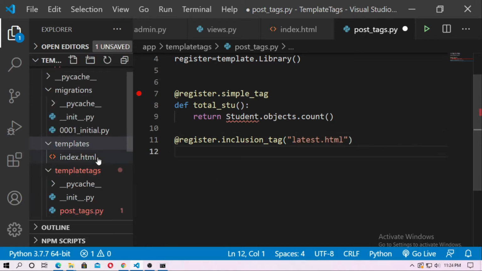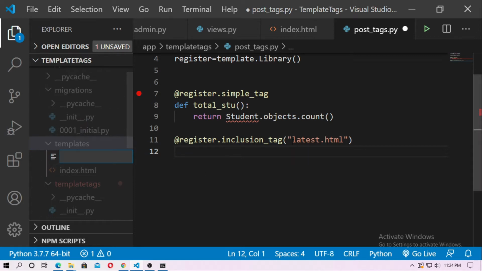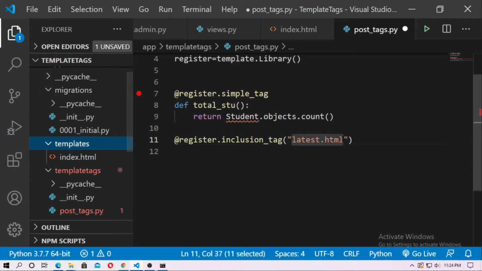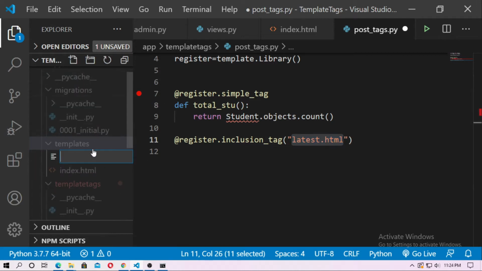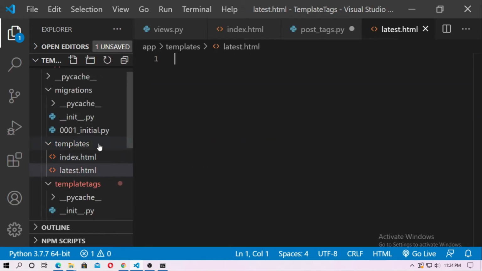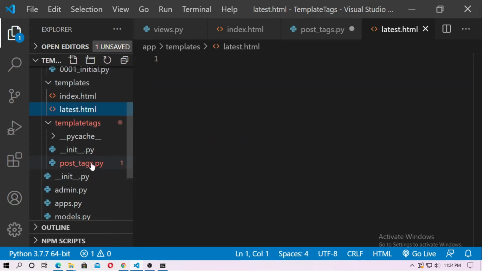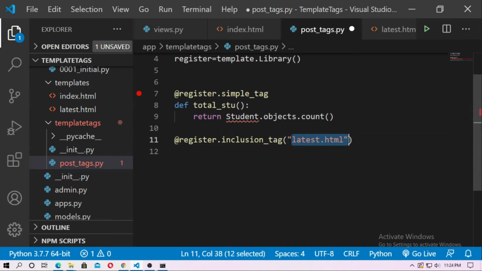Go to templates, where index.html is, and create a file named latest.html. Copy this name, go to templates, add file and paste it. Now go to template tags.py and type the right path of your HTML file. This inclusion tag will return an HTML file.